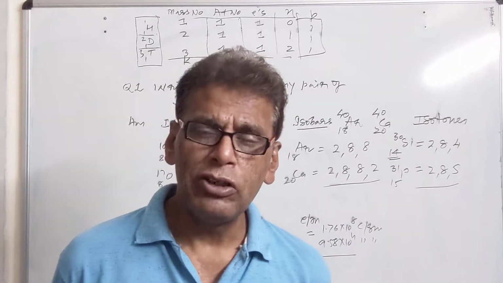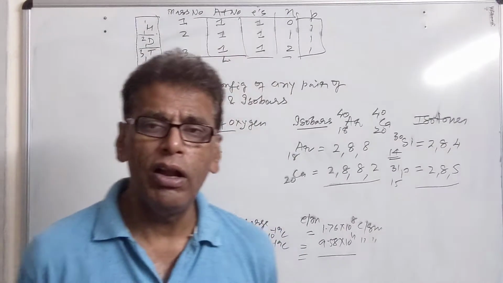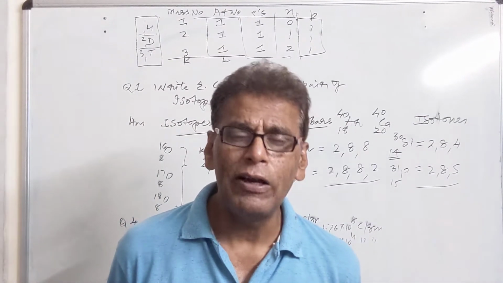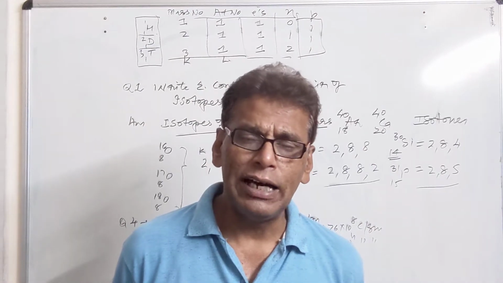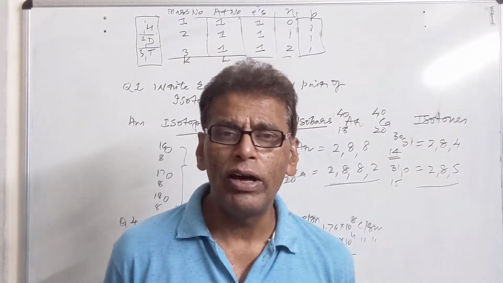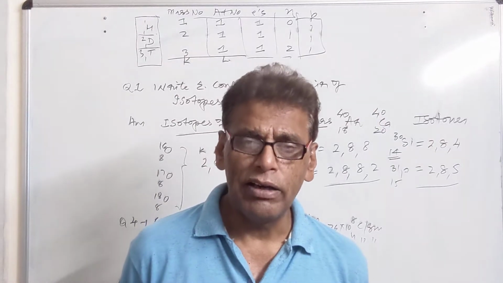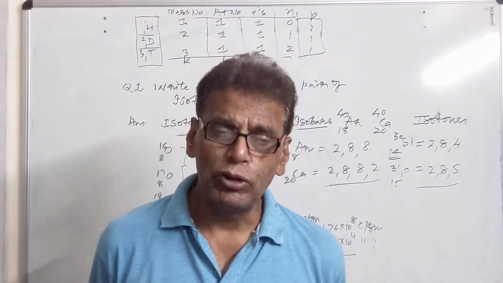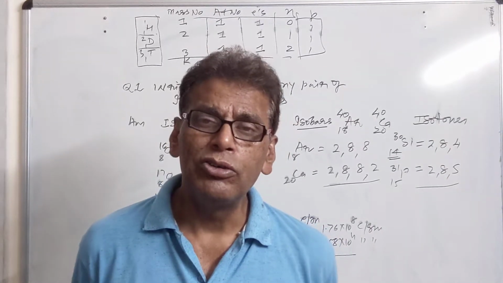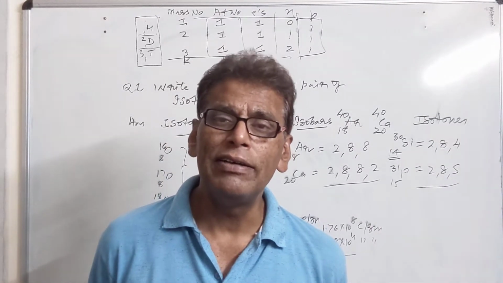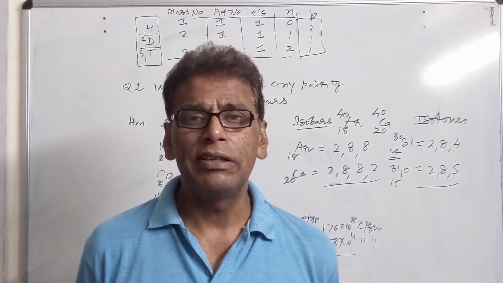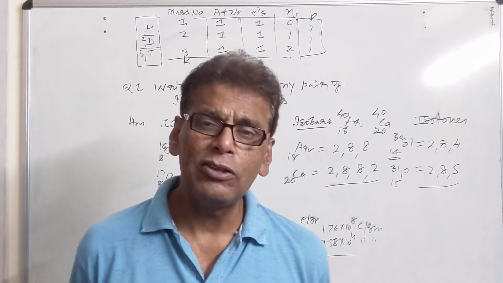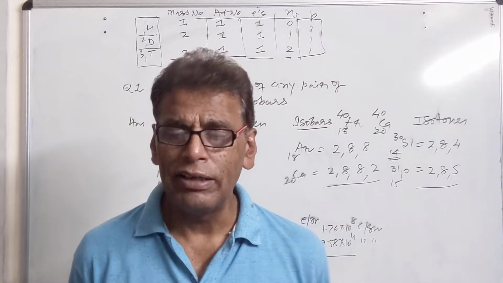Now, what are the limitations of the Rutherford model? The Rutherford model was refuted by Max Planck's quantum theory of radiation, according to which when any charged particle is moving around an oppositely charged particle, it experiences attraction by that oppositely charged center, and due to this attraction it will go on losing energy, and its circular motion, the radius of the circular path, will go on decreasing.